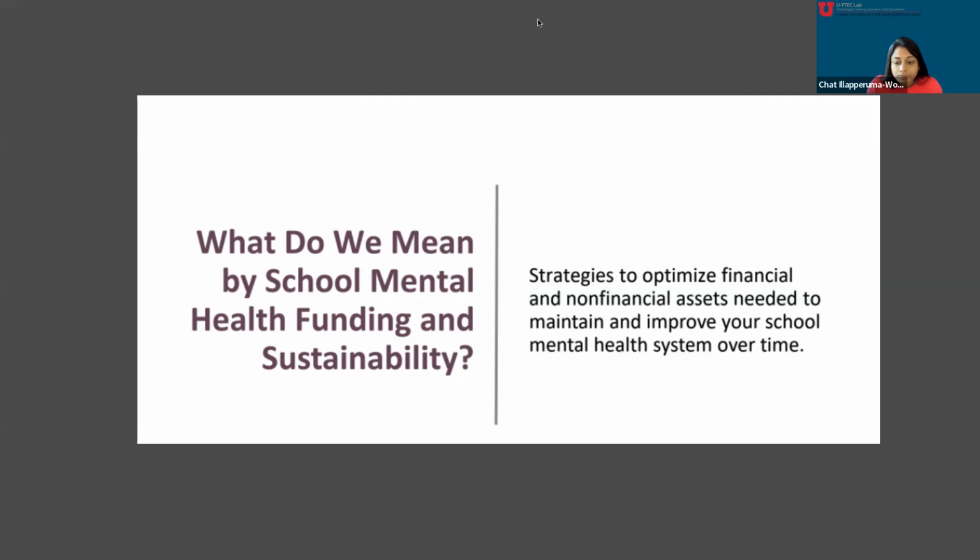For example, if a school or district has a shortage of mental health service providers, then funding can be put towards partnering with a community provider to help supplement the gap. So the funds aren't directly invested in the school, but in a partnership to support and assist the school.